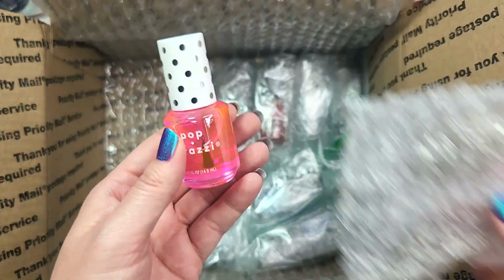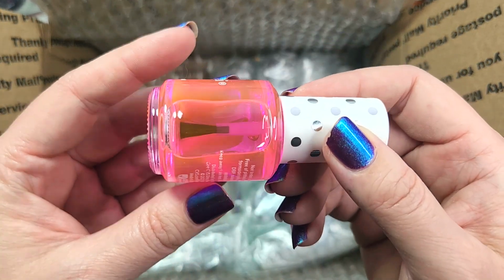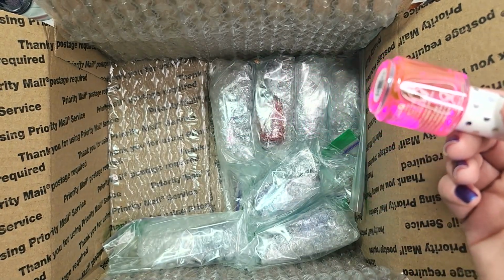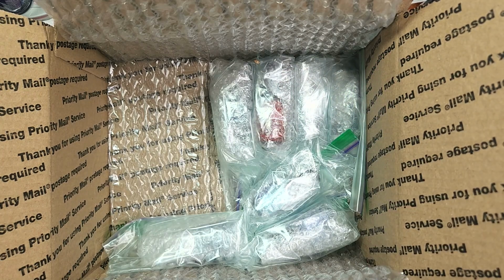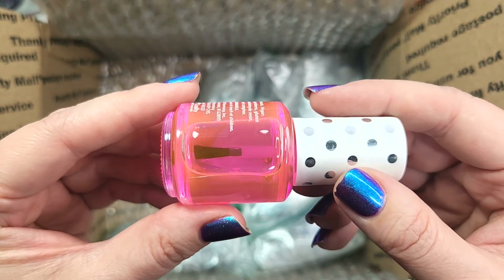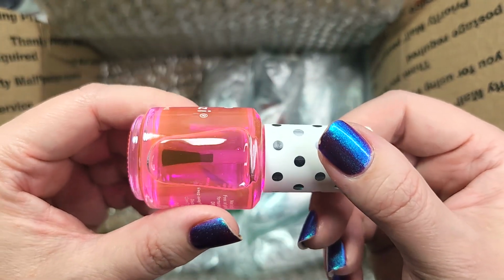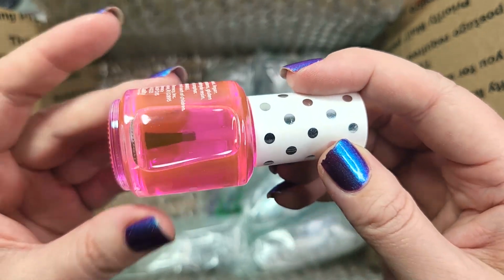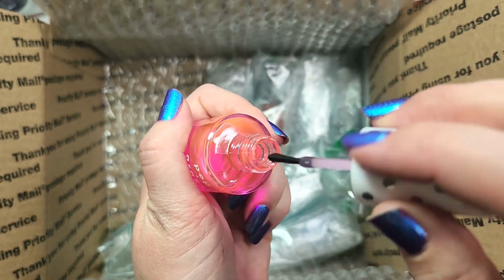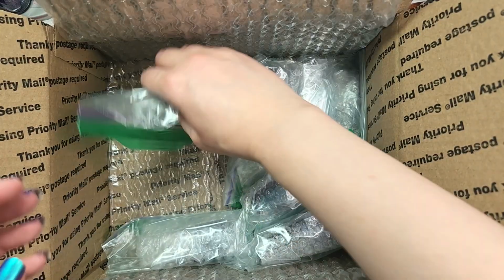Ooh, okay, so we have another from Paparazzi. This one is called Hint of Pink. Yes, I know, I hear you, honey. What are you doing? Hi. So this one is called Hint of Pink, and this is very interesting. I don't think I've ever seen anything this squishy as far as a hint of color. This is definitely not even a jelly. This is a tinted clear base, so I'm not sure how much of that pink is actually going to show through, but it should be interesting to play around with. So yeah, we'll give it a shot. Can't hurt to try. Next up,